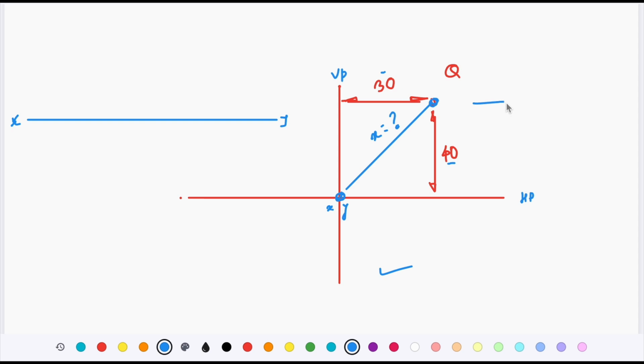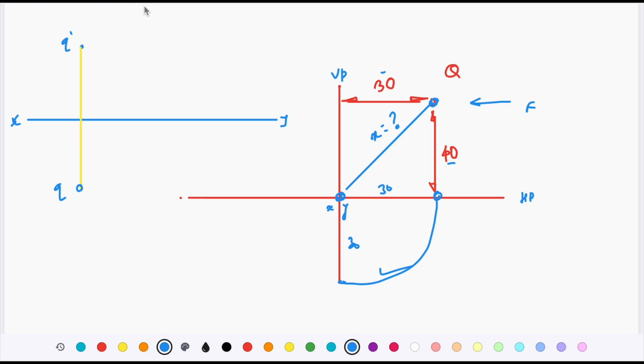Its front view is going to appear 40 mm above HP. So let's say this, on the projector through Q, its top view will appear over here 30 mm from XY, and on rotation it will be 30 mm below XY. So over here you will get its top view. Now